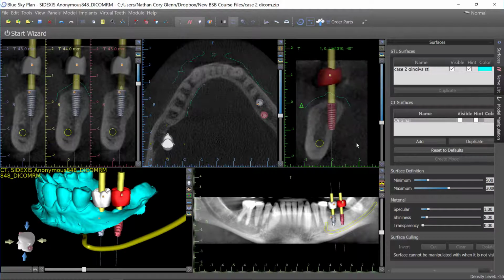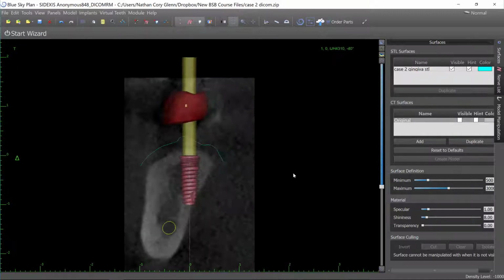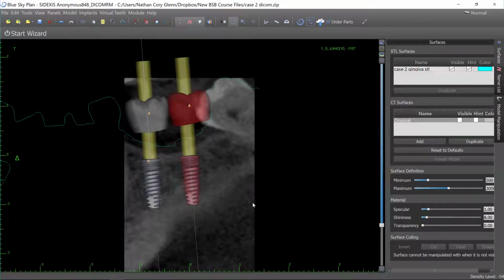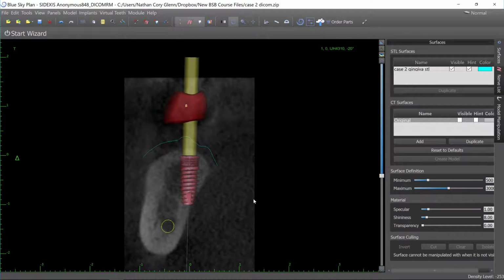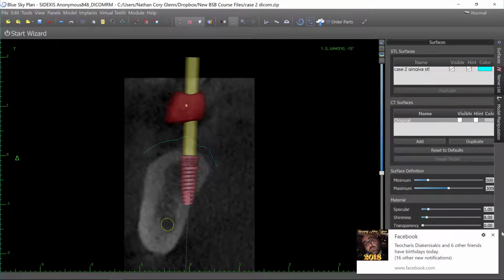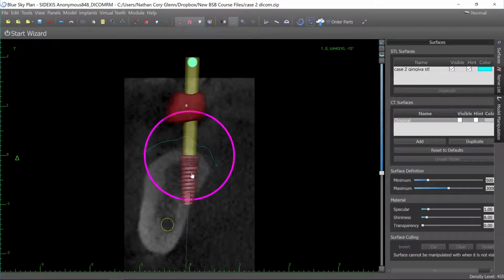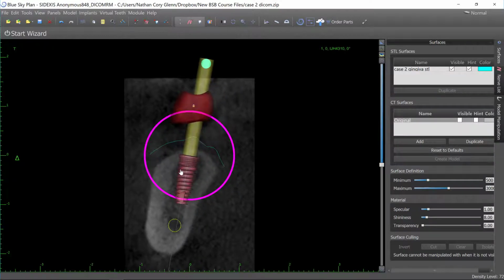Alright, and the cool thing about doing that is that it keeps those perfectly parallel. So you've got absolute parallelism between them. However, when I do that, it looks great from this side, but when I come to this side, I'm going to be perforating through the lingual. And so I begin having to ask the question, is it worth maintaining perfect parallelism and pushing it that close to the floor of the mouth, or should I give up parallelism, pull this over into the cancellous bone, which is what I would do,